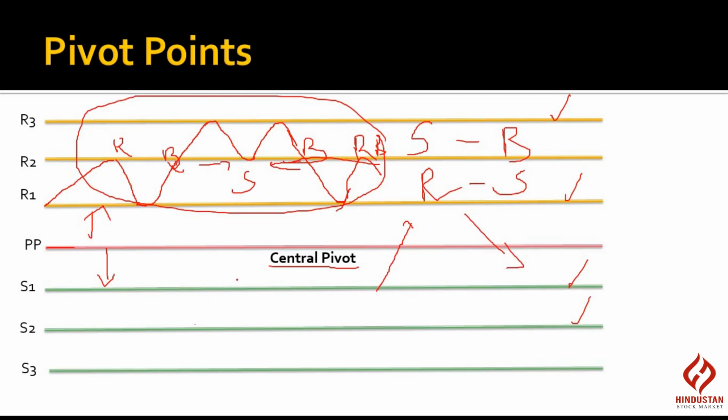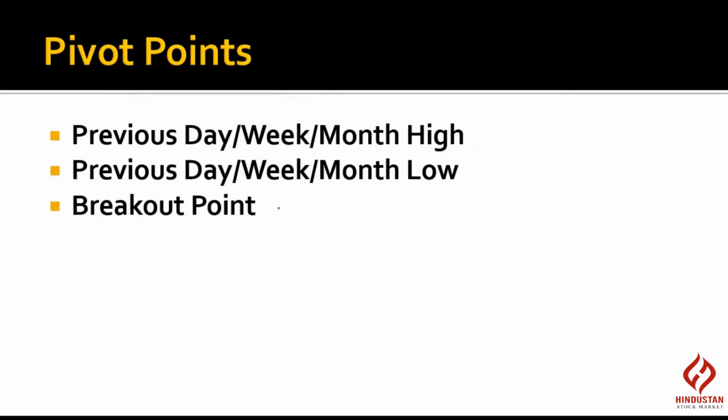Because of buyers, the market goes up, and because of sellers, the market comes down. This is what you should remember with respect to support and resistance. And this is all about pivot points. Based on time frame, we can classify pivot points into previous day,